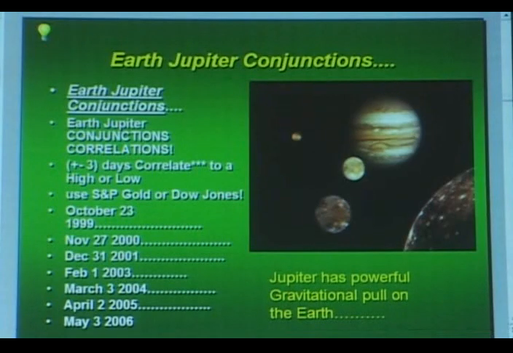Here we go into Earth-Jupiter conjunctions. This again is one of the highest correlated Earth cycles that we have. I believe it is because Jupiter is one of the most powerful gravitational pulls on the Earth, and it is the king of planets. So Jupiter, being so strong, has such a powerful impact on the Earth, and when it's aligned with Jupiter, the markets turn. So in this example, I have